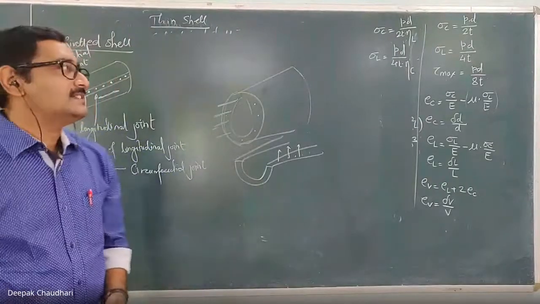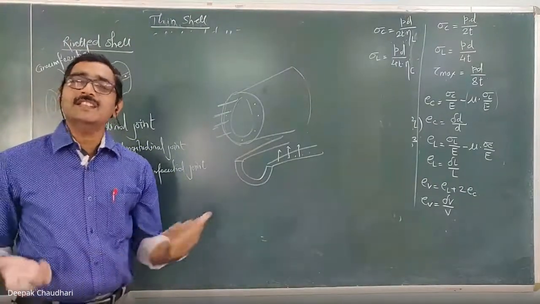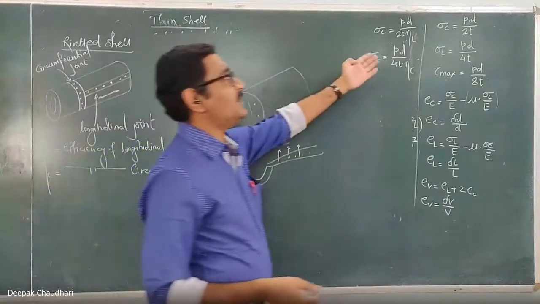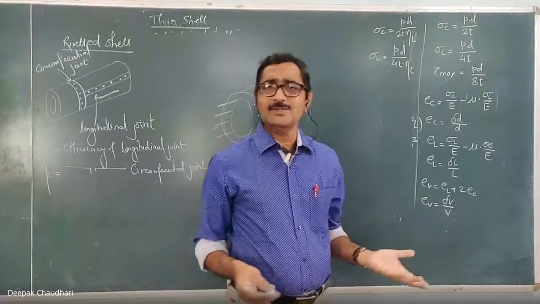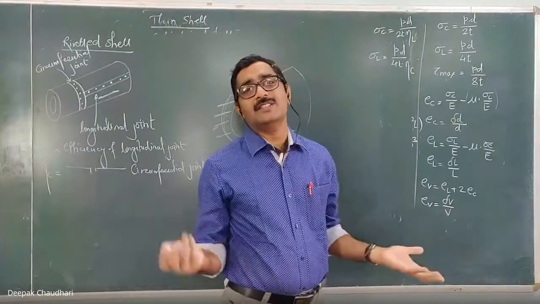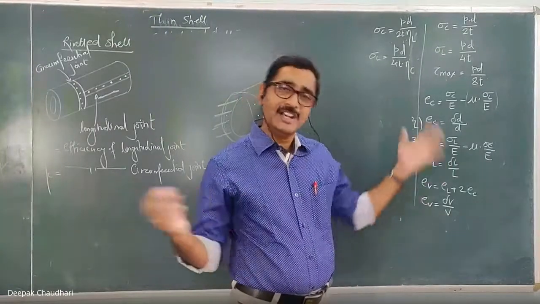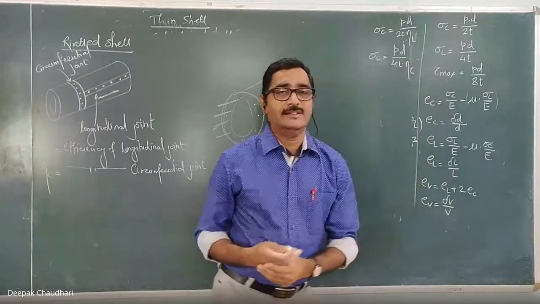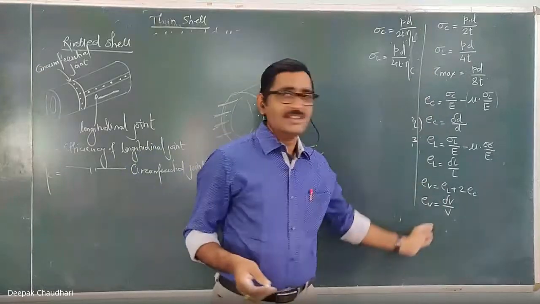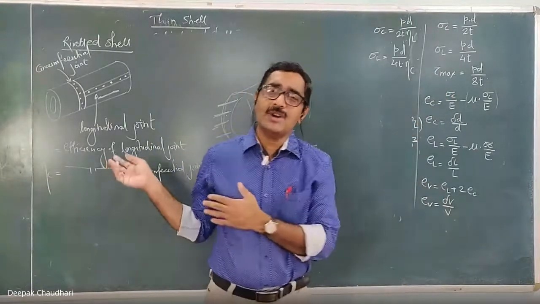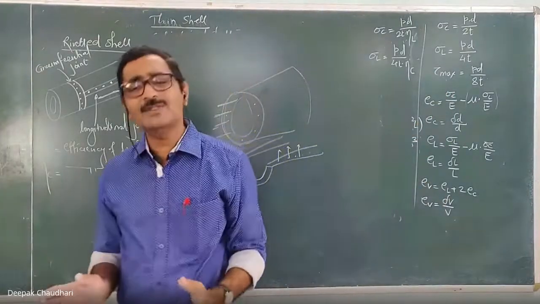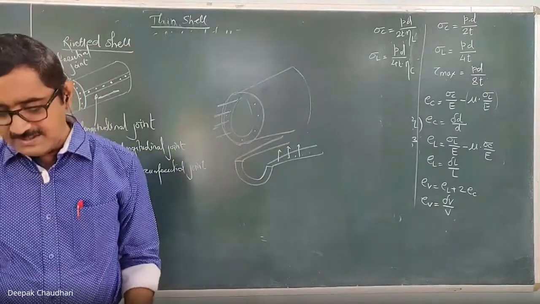If the joint efficiencies are given in percent, but in this formula you have to take it as a fraction. Here that is 80, if it is given as 80%, so 80 upon 100, you can take it as 0.8 directly. All the remaining procedure is the same, and the question will be like the last question we solved, similar to that, only the efficiency is given.